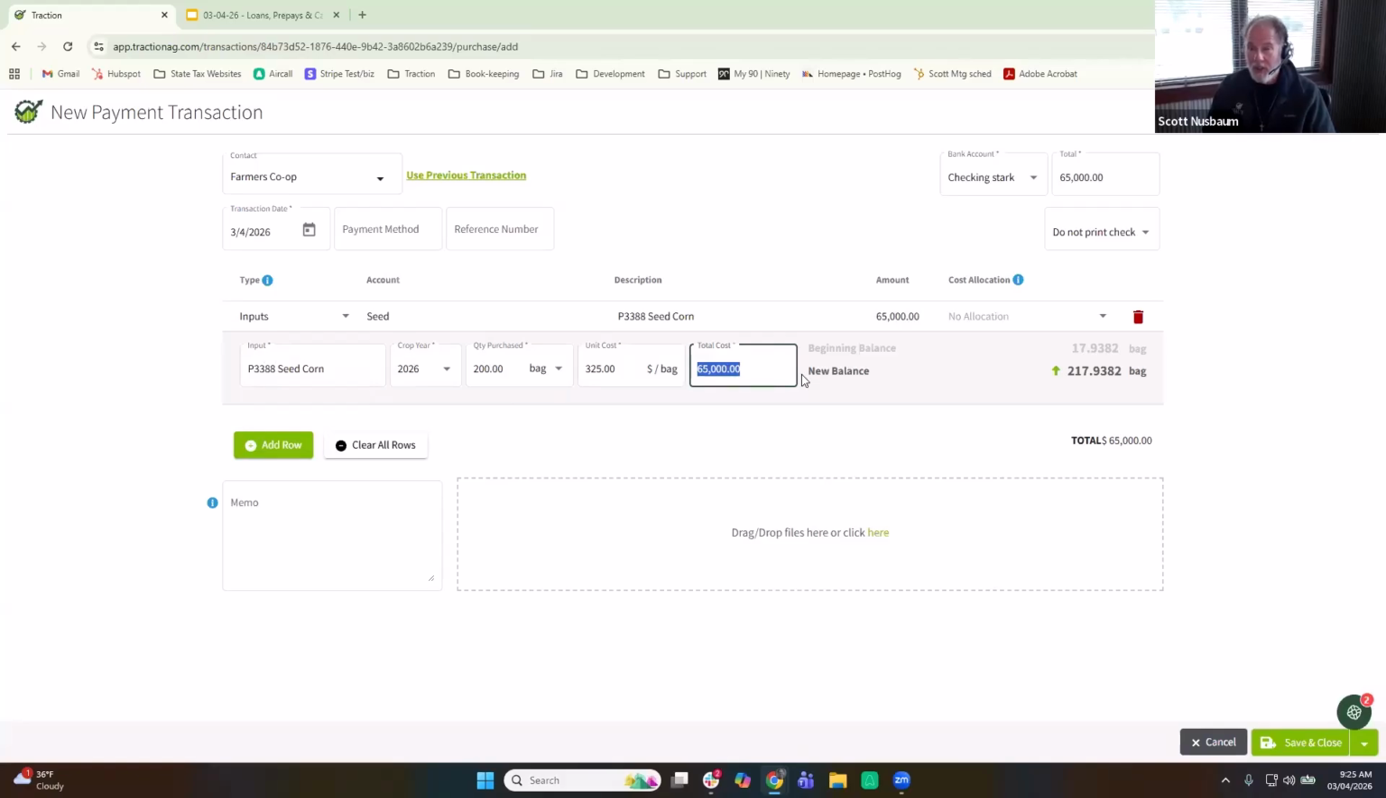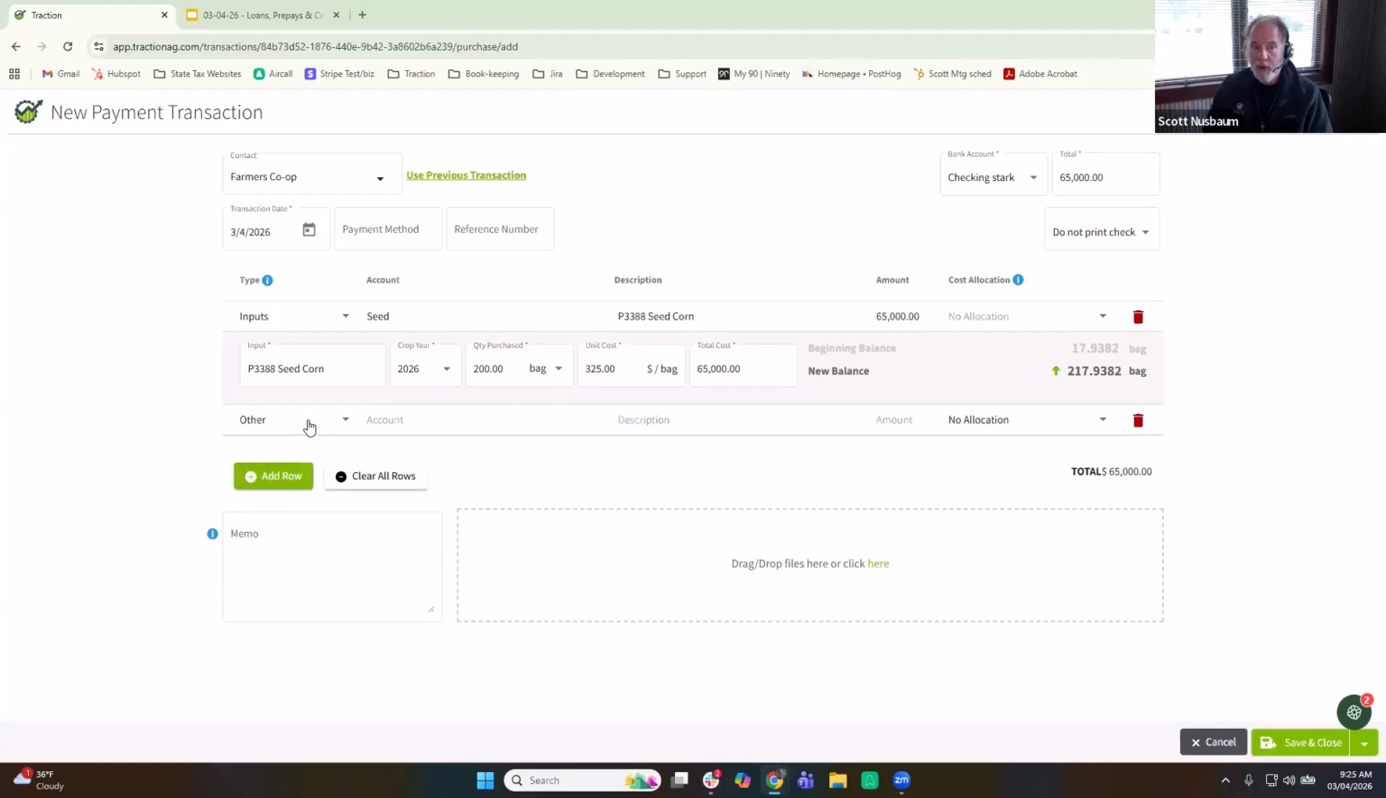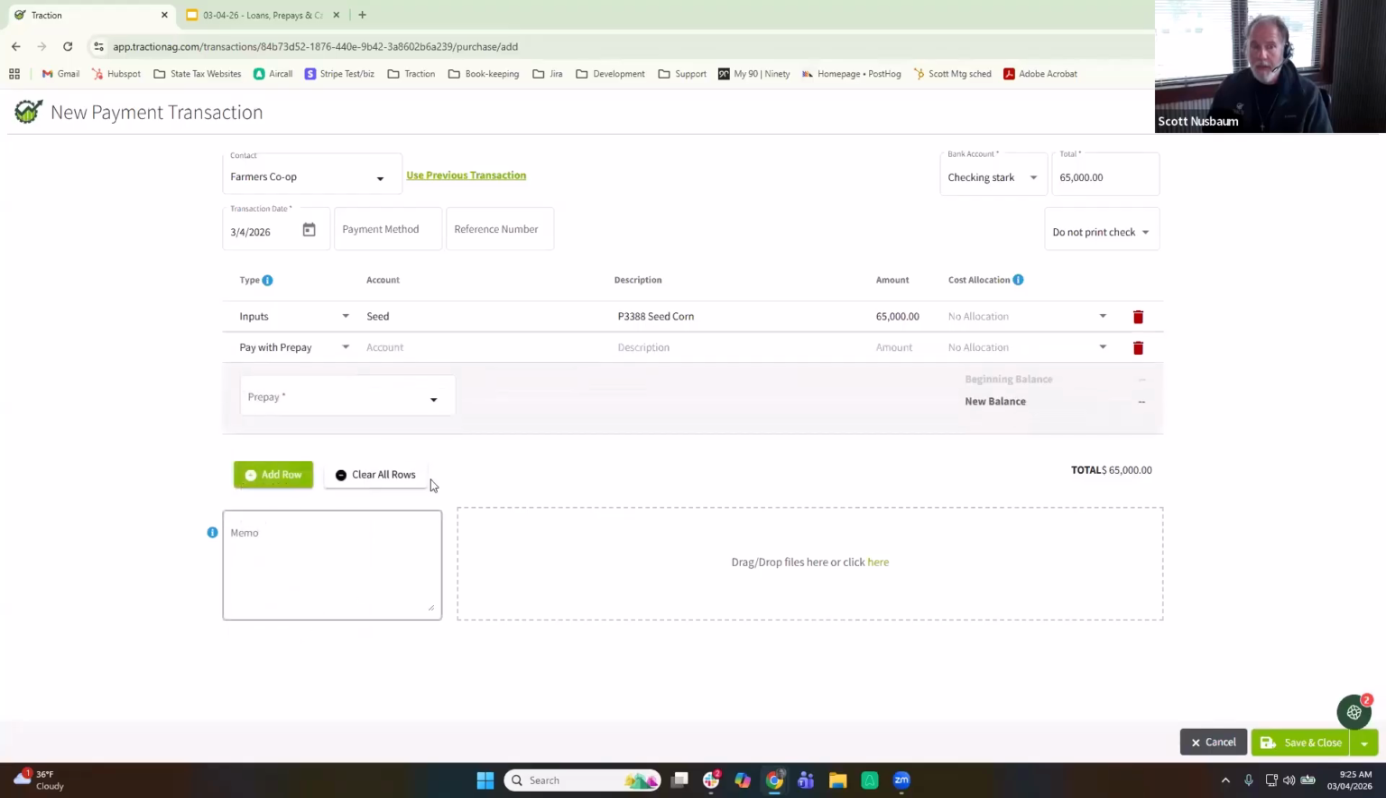Now, I'm not going to write a check for $65,000 because some of that is going to come off my prepay. So what I want to do is reduce that $65,000. If I add a row, I'm going to say I want to pay with the prepay. And I'm going to pick out that prepaid seed and say that I'm using it. It shows me right there, I've got a $40,000 balance on it. I want to use all $40,000 of that prepaid seed. I'm going to write a check for the difference on it. So if I save that,